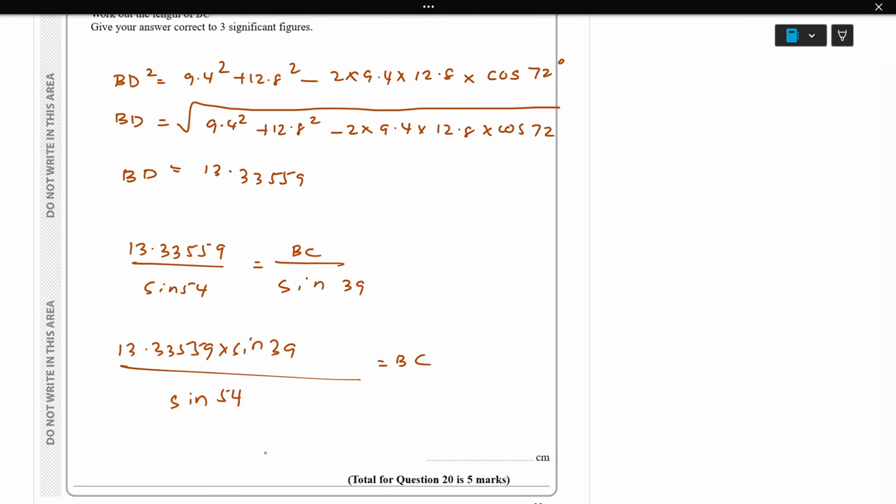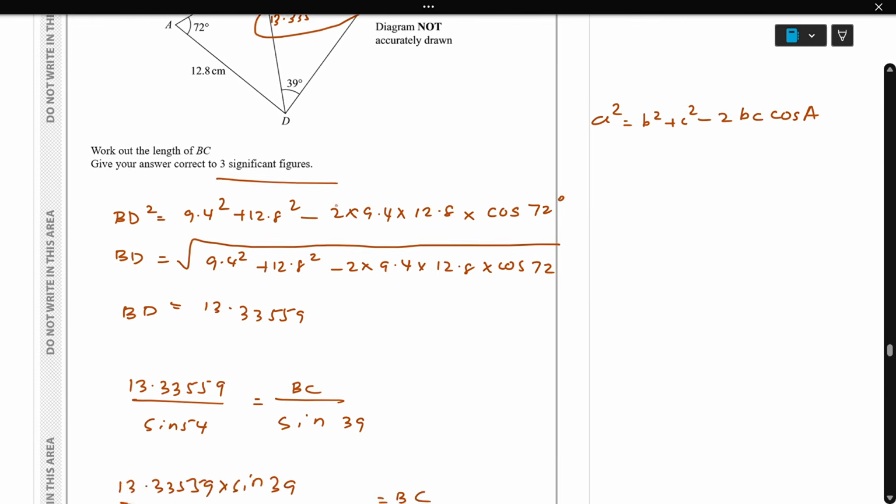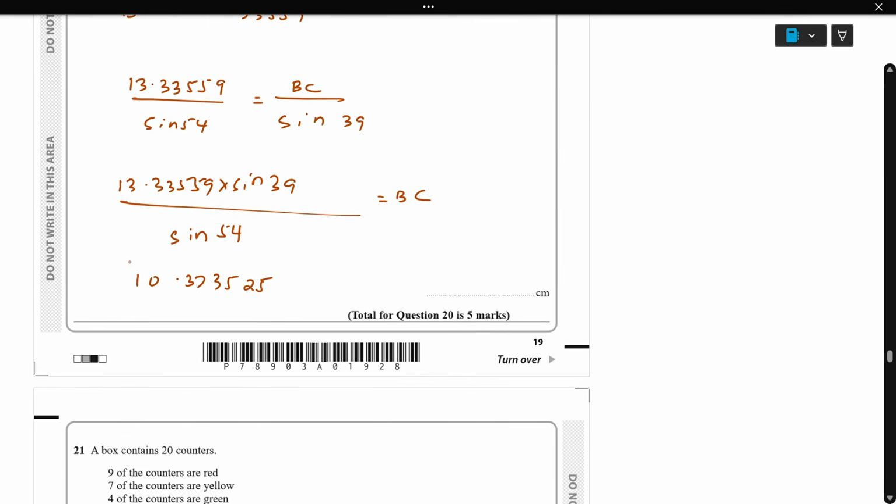So we need BC, so 13.33559 times sine 39 over sine 54 equal to BC. Use the calculator, get the value. The answer is going to be